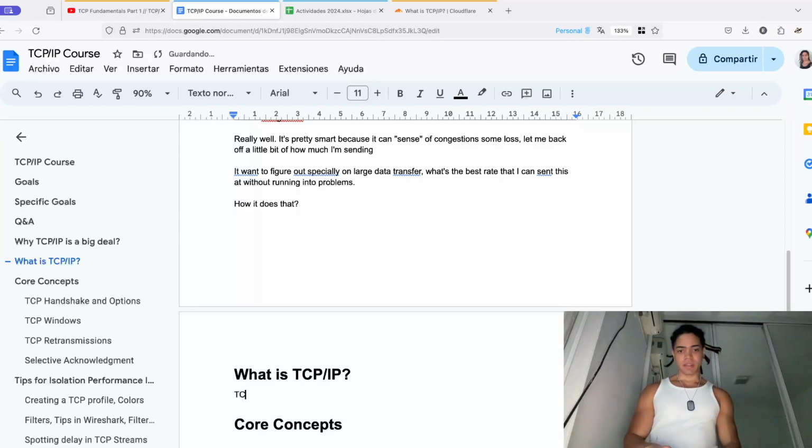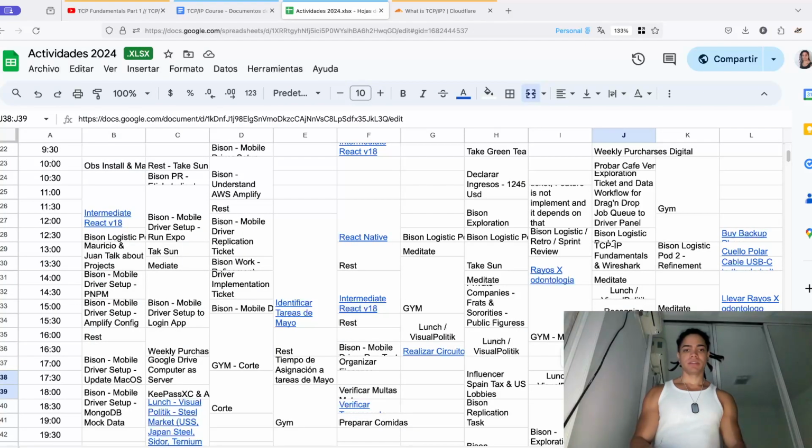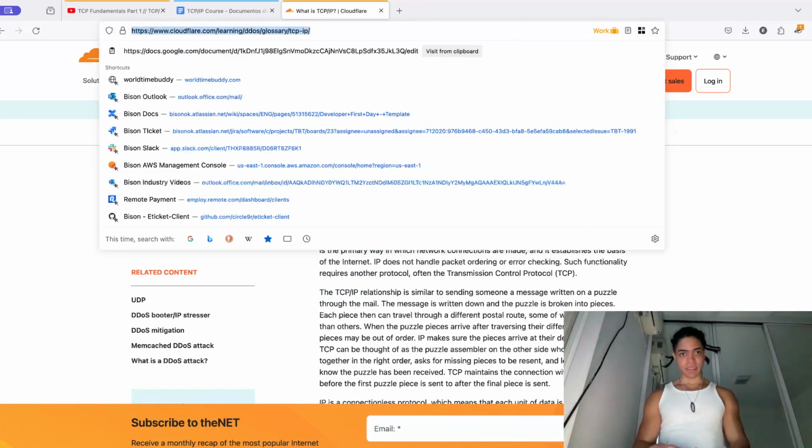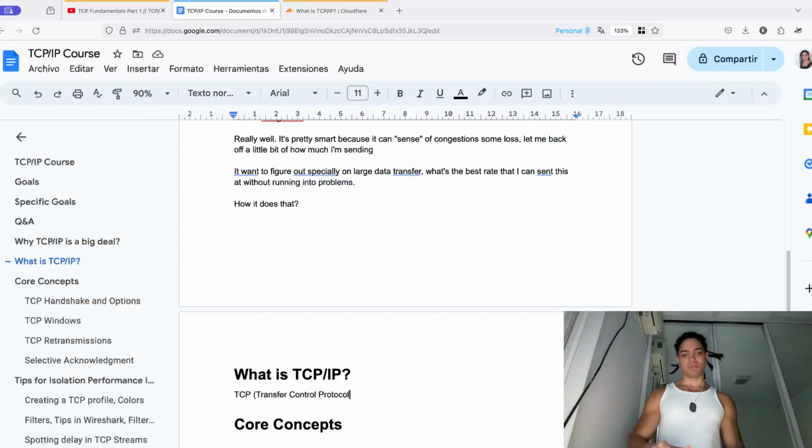So TCP stands for transfer control protocol. Okay, so according to Cloudflare, this cloud service provider